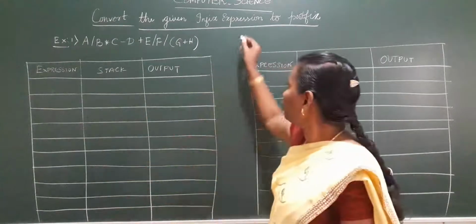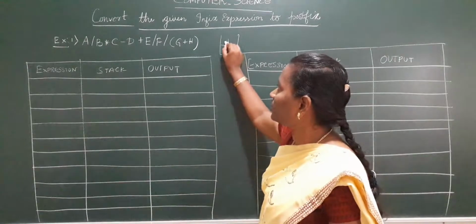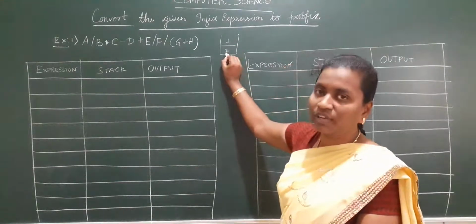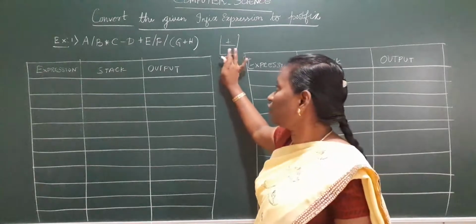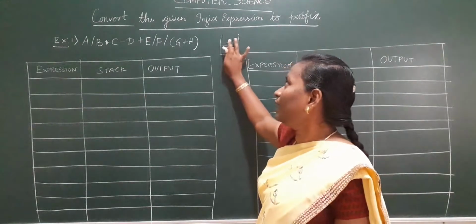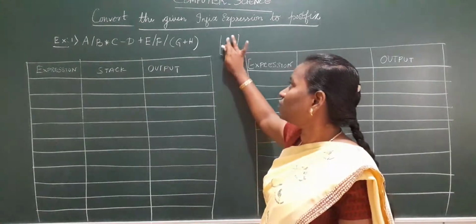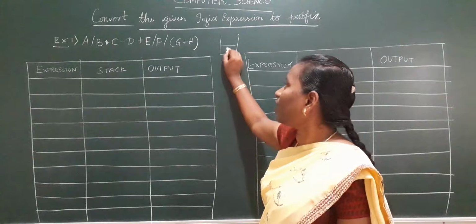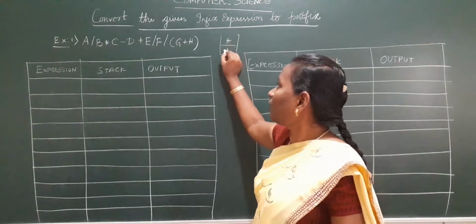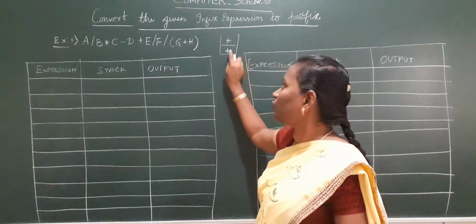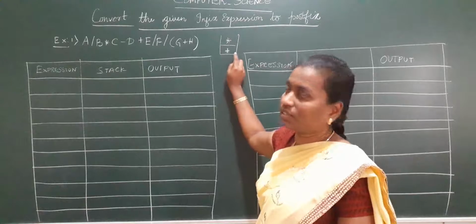As I told you, the stack will be like this. If I have asterisk, then I have a plus sign. This has the highest priority. When a highest priority operator is present inside the stack, you need to pop it out and put it into your output. Later you put plus inside your stack. Whereas the vice versa is not possible. For example, I have plus here and asterisk here. This can be possible. Asterisk has the highest priority, plus has the least priority, and both can stay in the stack. So this is the criteria.